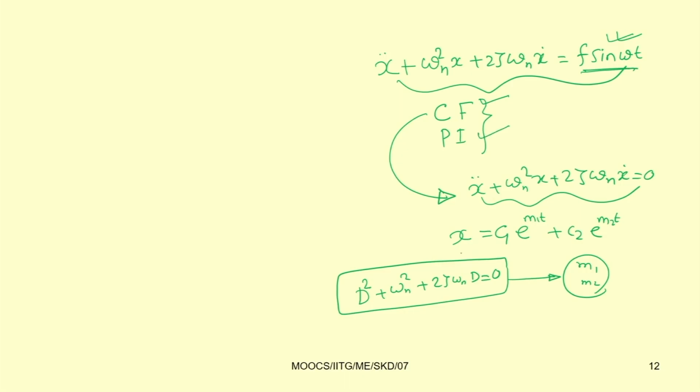In this case, when you have solved the complementary part, C1 and C2 are unknown, so C1 and C2 will depend on the initial conditions. After getting the solution, you can add these two parts